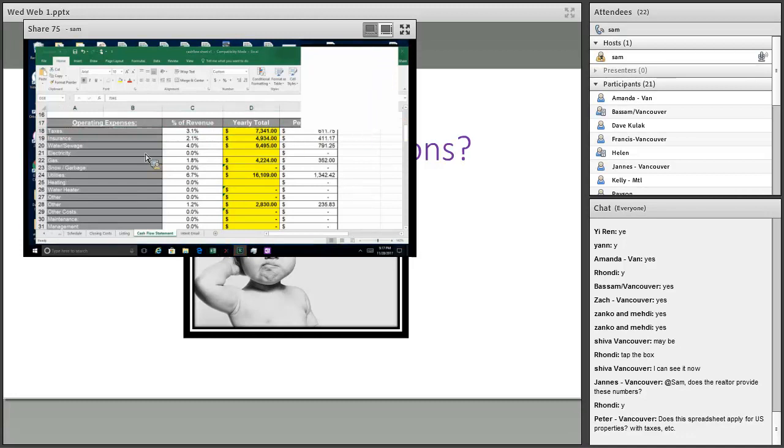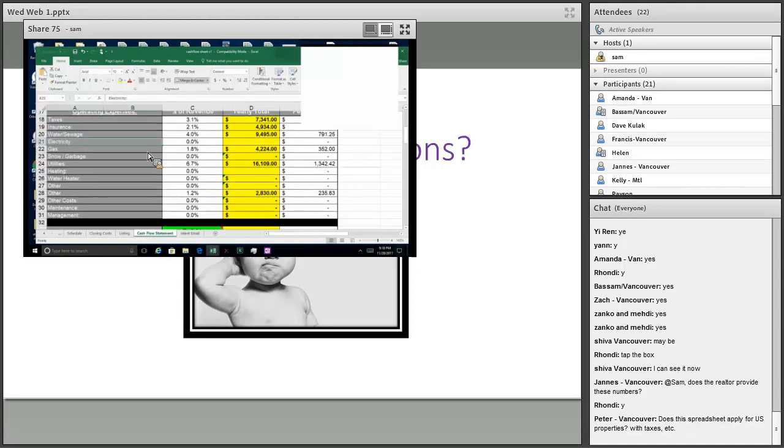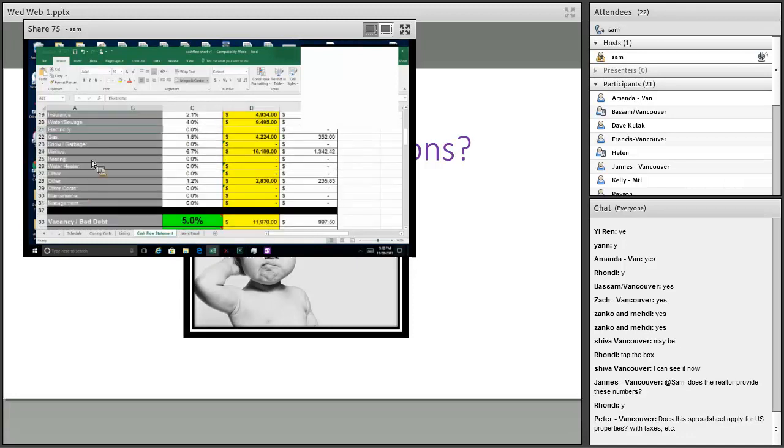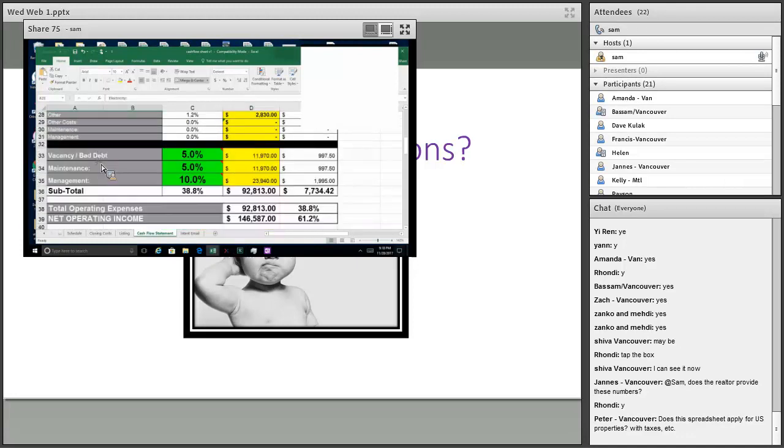The problem with some people when they evaluate property, if they do it at all, is they don't include things like management, maintenance, property management, and the vacancy. And you can see the vacancy here is 5%. That's minimum. That's what really hurts you when you get into real estate. You find out after you buy that those extra costs are there. So we want to avoid any mistakes moving forward. This is how we want to do it, by making sure we cover all costs.